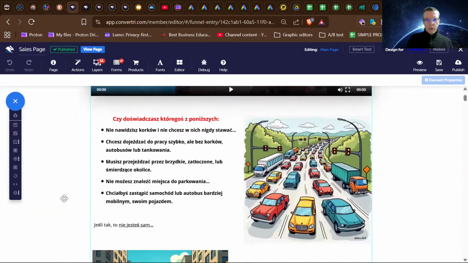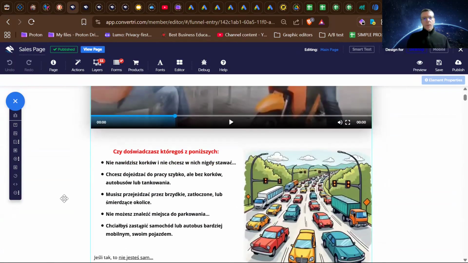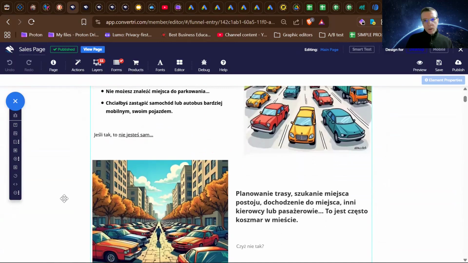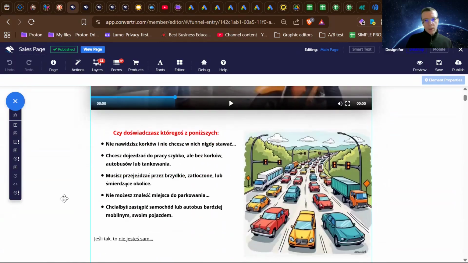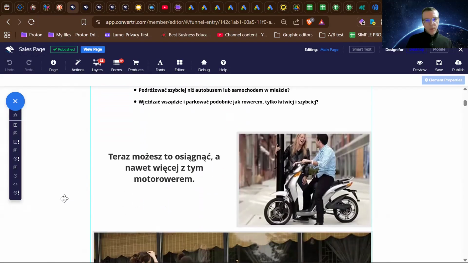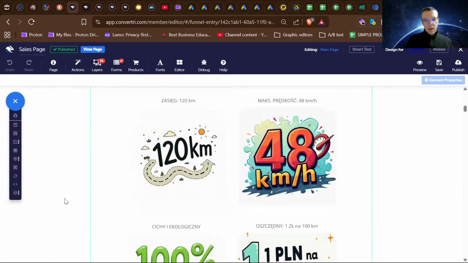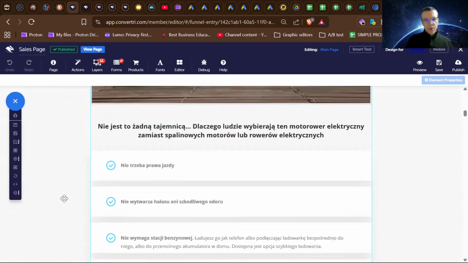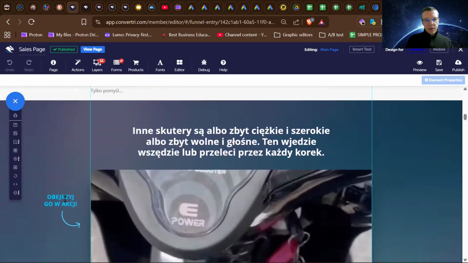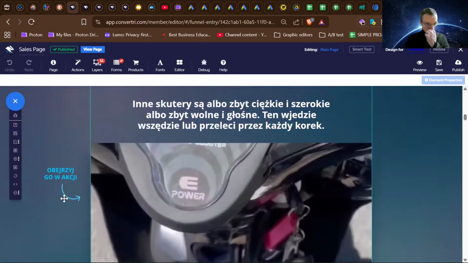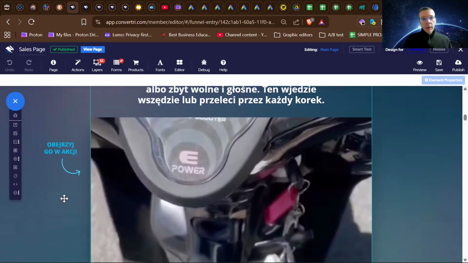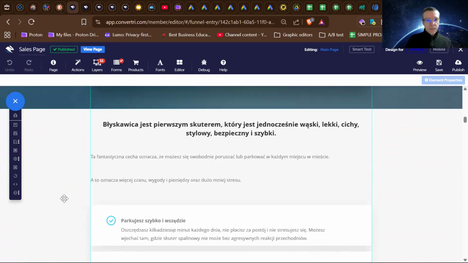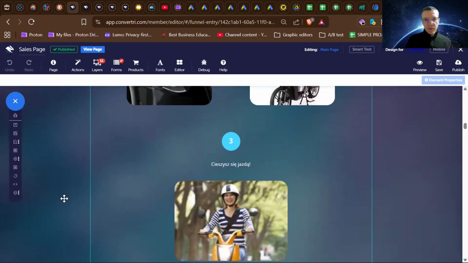This is one of my e-scooters, and you have some pain points, some agitation of these pain points, some desires, some impressive imagery, some benefits, general benefits, another video more specific, but also impressive, and other benefits, more specific benefits,